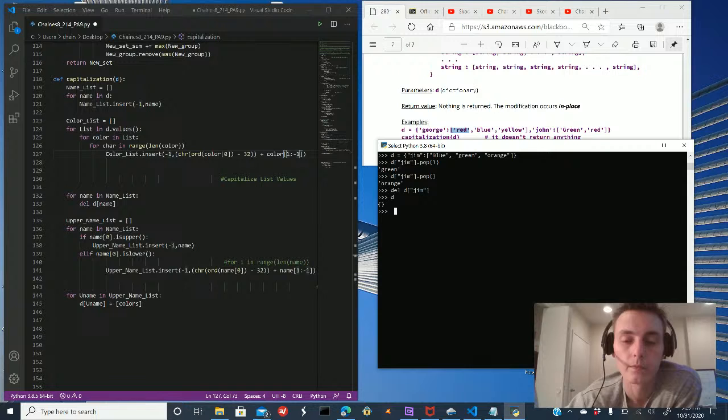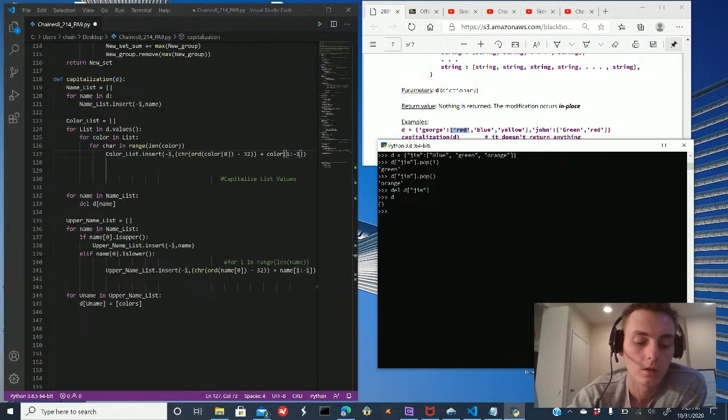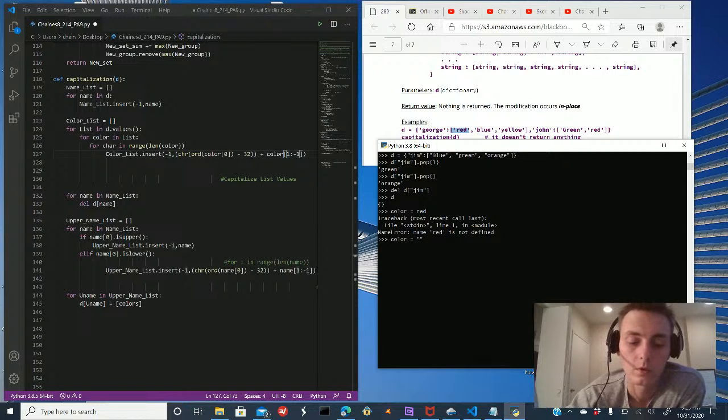So like if color is equal to red, color equals red, then new equals color (0)